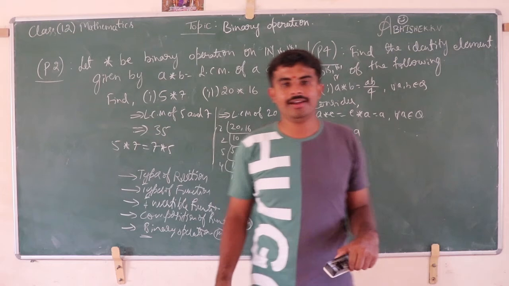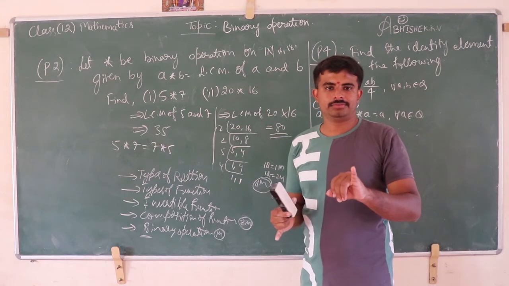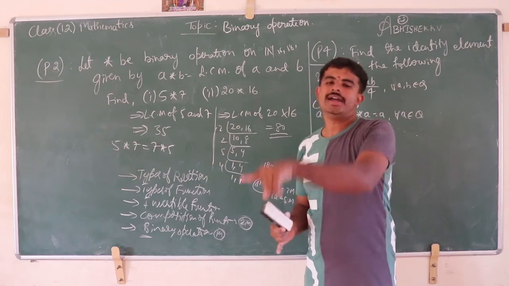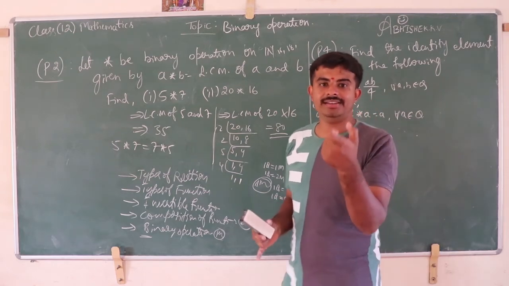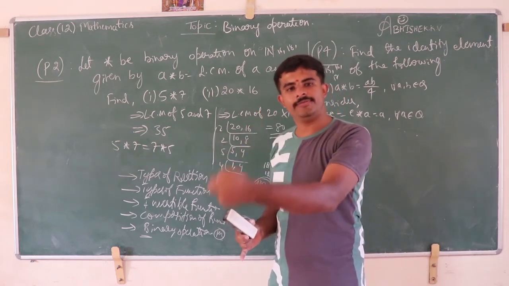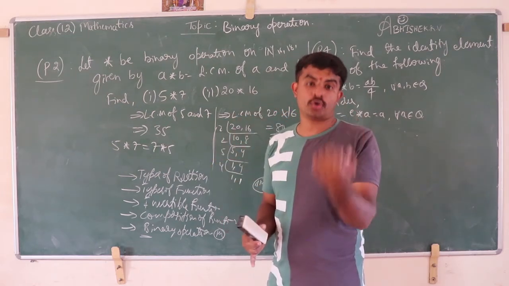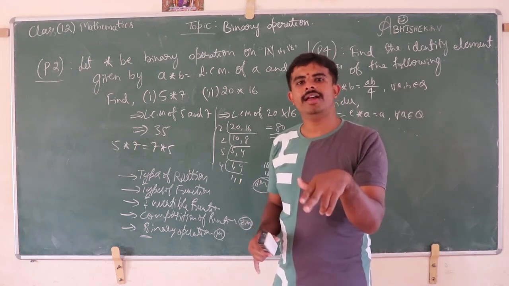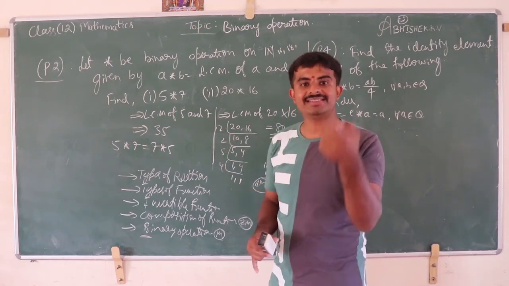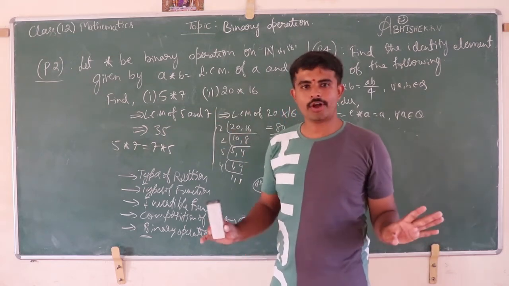In composition of function, what did we do? See, we did the definition. What is the definition? g composite f is equal to g of f of x. f composite g is equal to f of g of x. There we did the 2 theorems, right? What are those? If g and f are 1-1, then g composite f is 1-1. If g and f are onto, then g composite f is onto. You may get the question: they give 2 functions and the examiner asks to find g composite f or f composite g, or find g composite f and f composite g. Show that g composite f is not equal to f composite g.